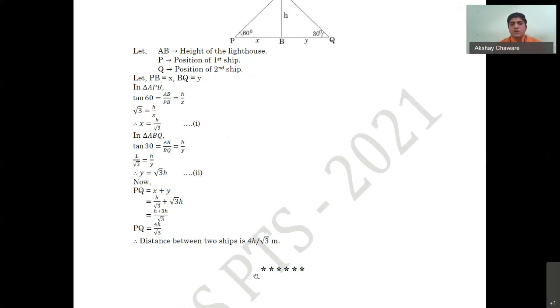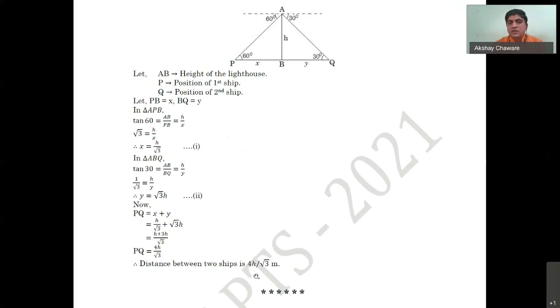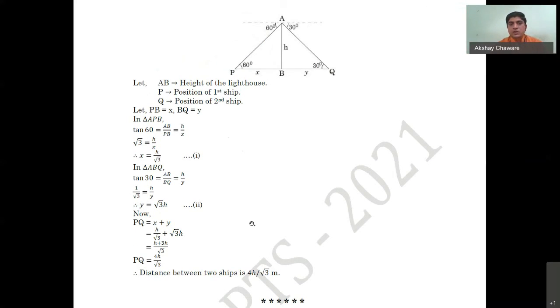In the overall paper, many students have made silly mistakes in addition, subtraction, multiplication and division, like 7 4s are 24. Such mistakes are there. So please avoid these mistakes, improve your concentration, and read the question very properly, because